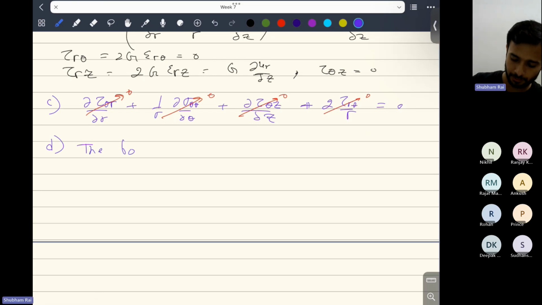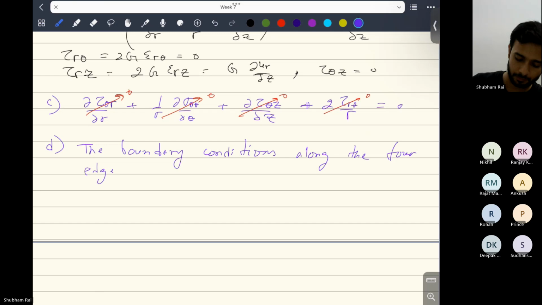So the boundary conditions along the four edges of the RZ plane are